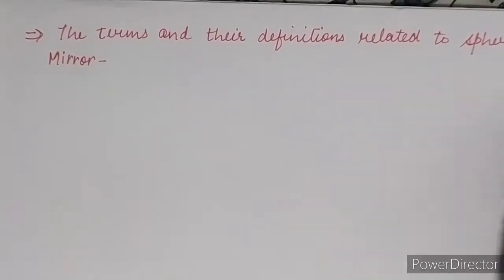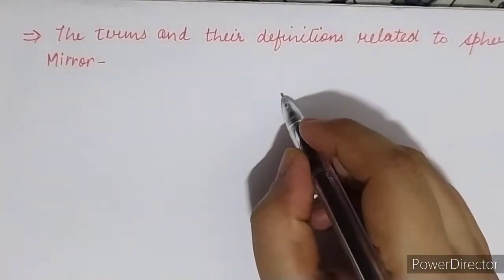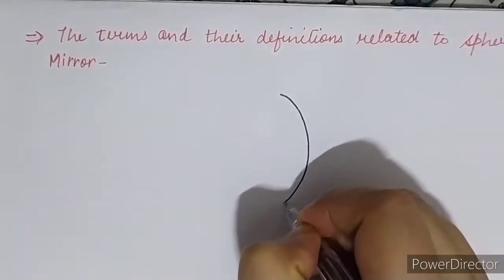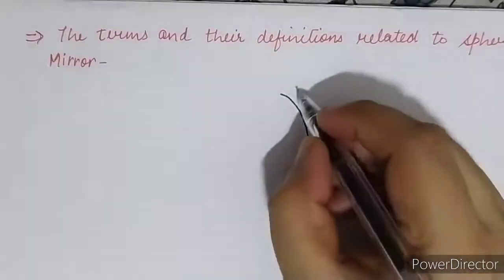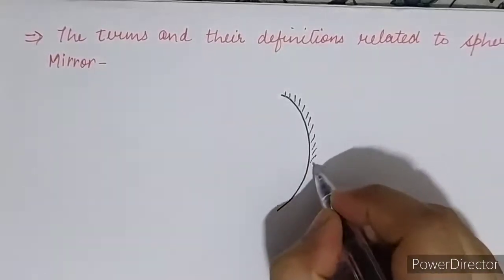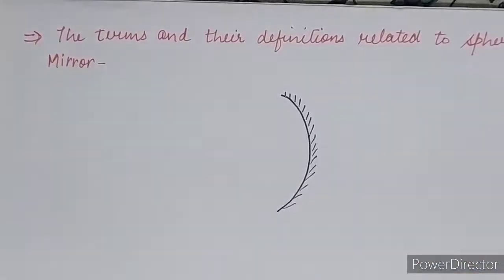For the diagram I am just taking a part of the spherical mirror, any one part, beta, and from that only I am going to explain the entire thing. You may take any part either in the form of the concave or the convex mirror. So first, suppose I have taken this one, a part of a spherical mirror, and the outward side has been polished. So which mirror does it become? It is your concave mirror.